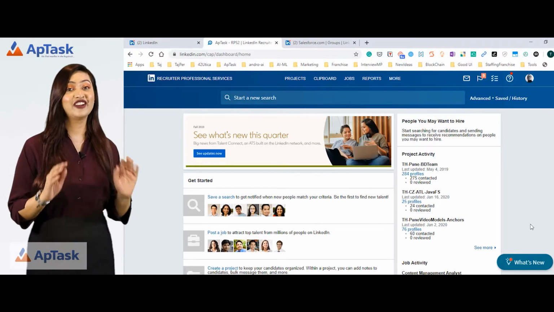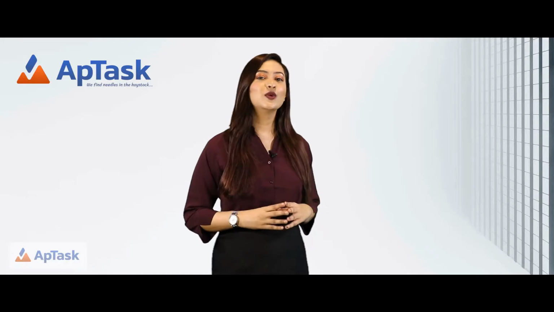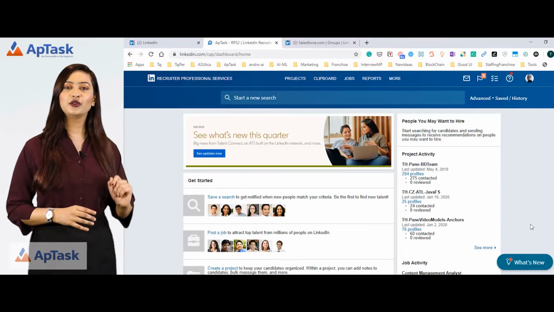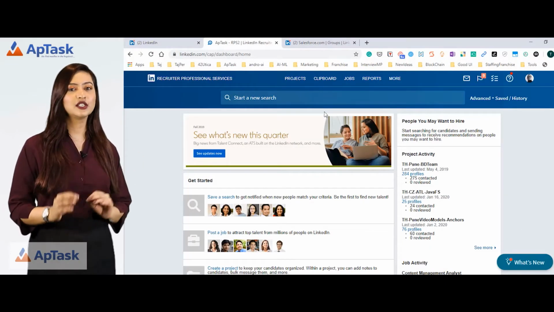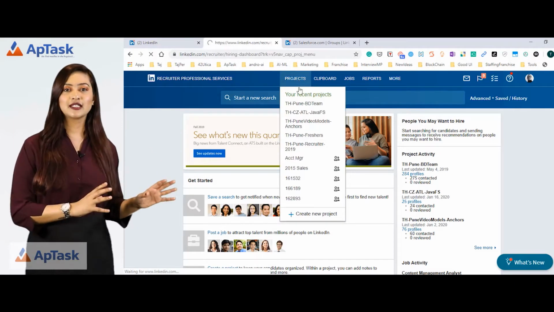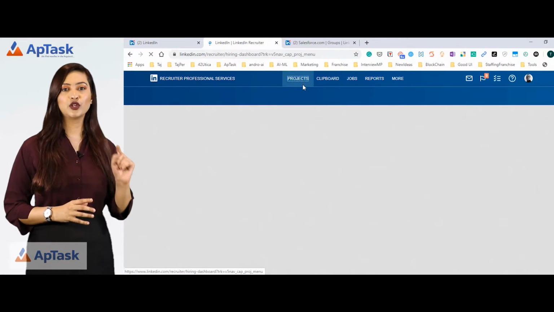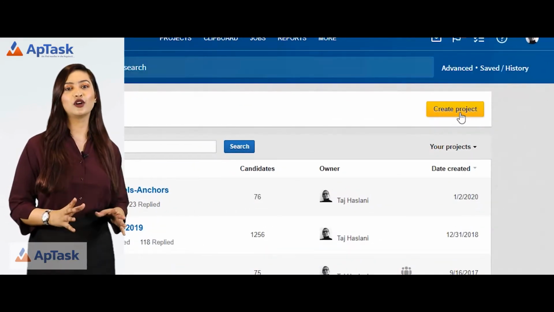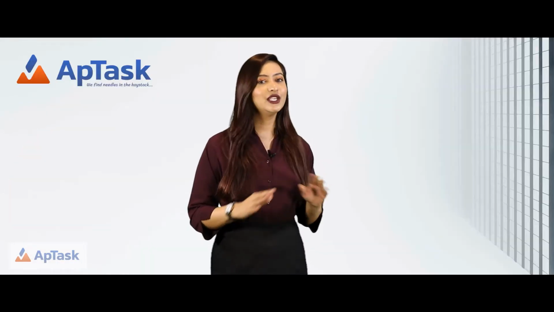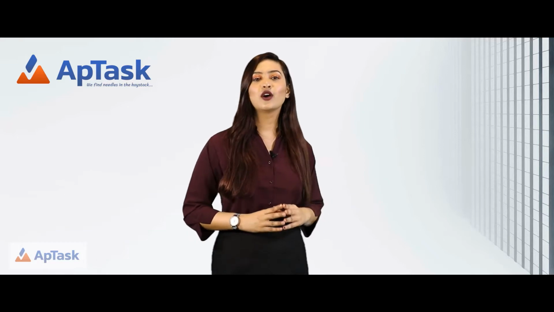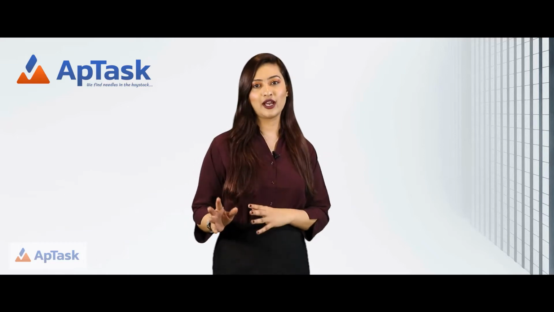It is very simple. Let's say you are new to LinkedIn Recruiter and you just logged into your account. The first step when you're working on a job position is to create a project. So let's go to Projects and click on Create New Project. This yellow button will create a project. Name the project any way you want. I prefer that we use the project name based on the client name and the requirement name.